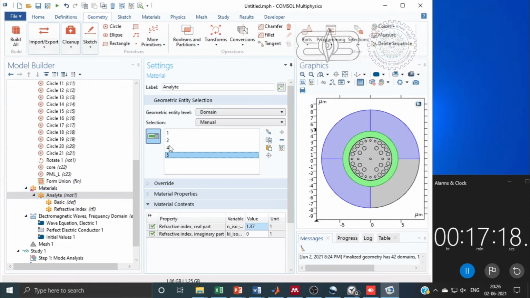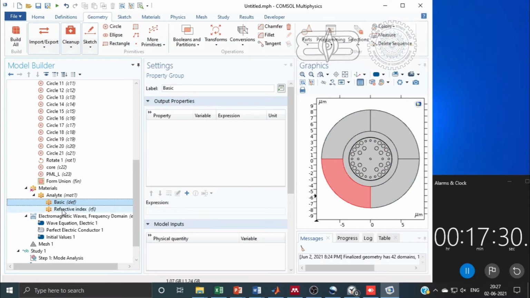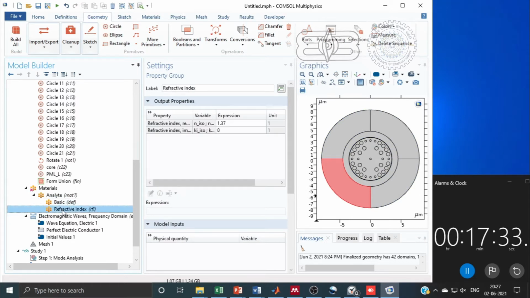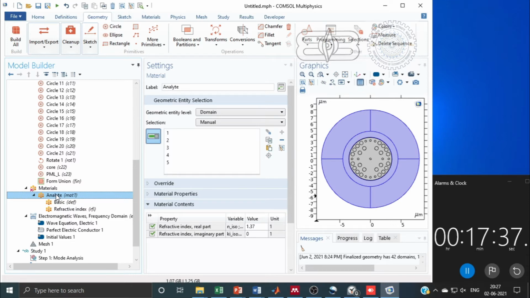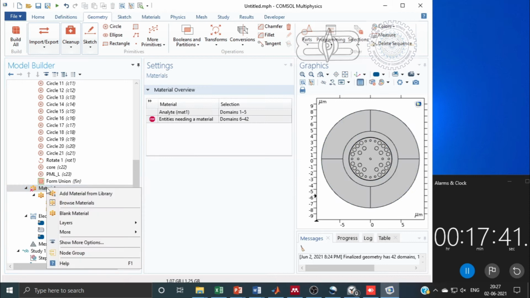We can change the refractive index also, every time, and one can see where surface plasmon resonance is achieved. So in the analyte layer we can see the basic refractive index. Our analyte layer is now prepared.